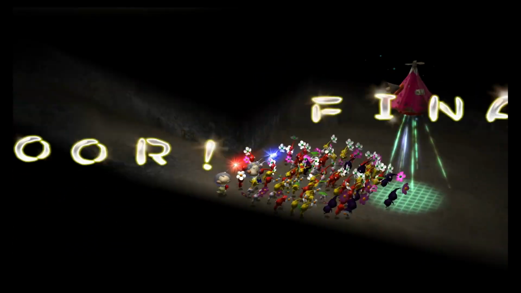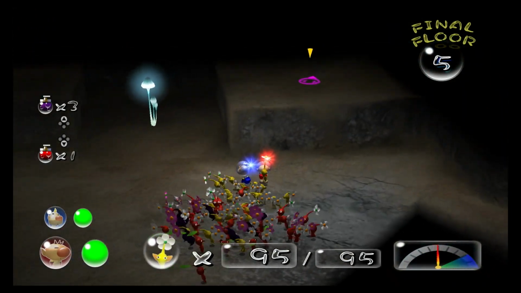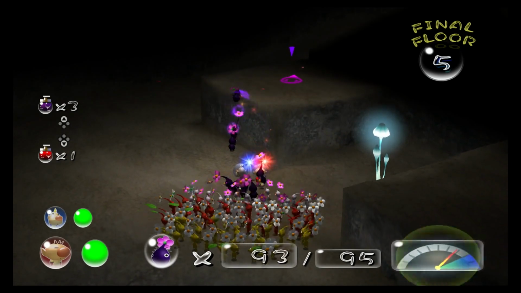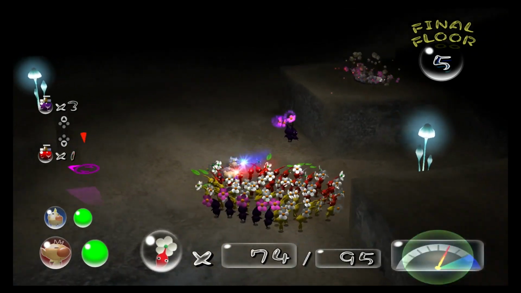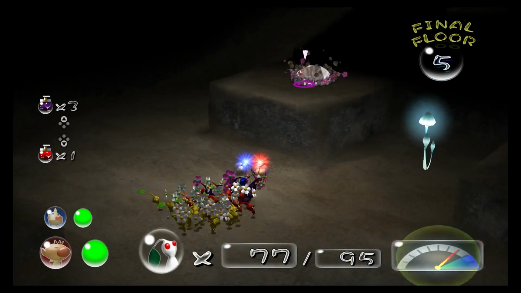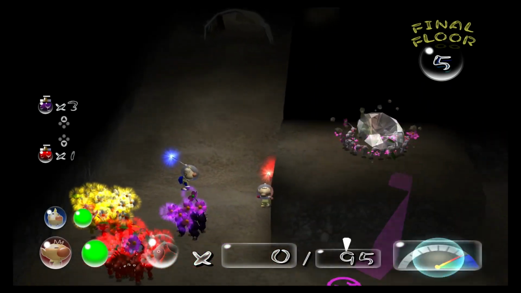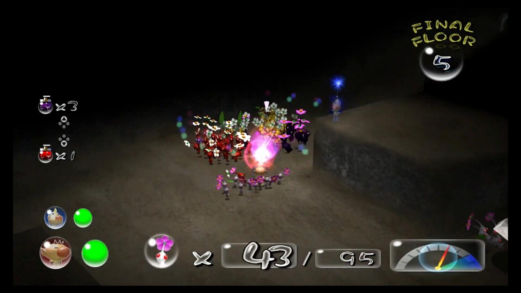Final floor. That's one thing that Pikmin 2 does. It has the final floor little jingle play. Also, you need white Pikmin for... Is it not there? Is it over here? No, I want white. Yeah, let's just get white Pikmin on that. And then let's divide our Pikmin. I think red Pikmin are kind of expendable, so